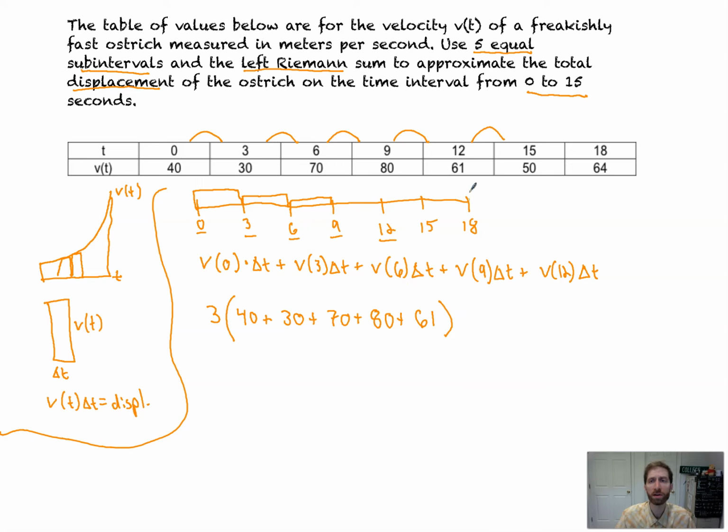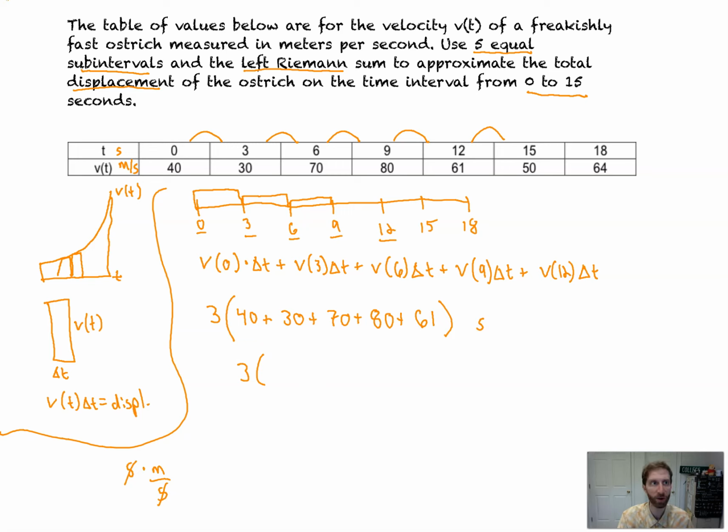Now, what are your units? Well, the ostrich was going in meters per second. Time was in seconds, so seconds, meters per second. When we multiply seconds times meters per second, you get meters. That's it. And then when you do everything out, you're going to get 3 times this entire quantity here, which